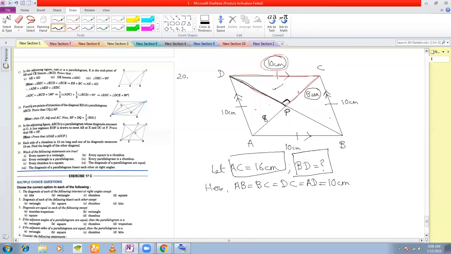As I told you yesterday, you know that the diagonals of a rhombus are perpendicular bisectors of each other. That means AC and BD will bisect each other and will also be perpendicular to each other. Right? You know what is the meaning of perpendicular bisectors? All of you know the meaning of perpendicular bisector? Anyone who does not know the meaning of perpendicular bisector?